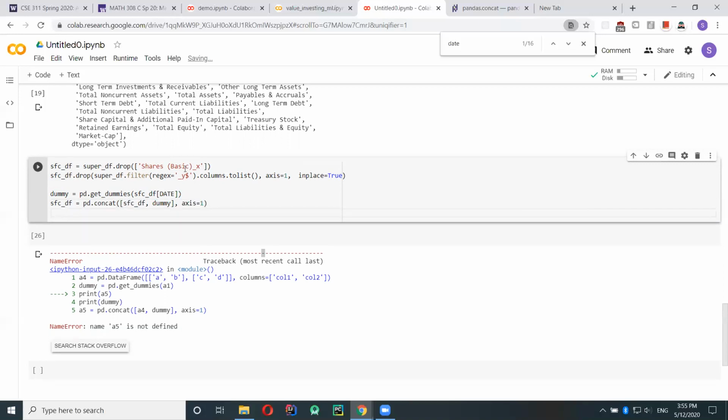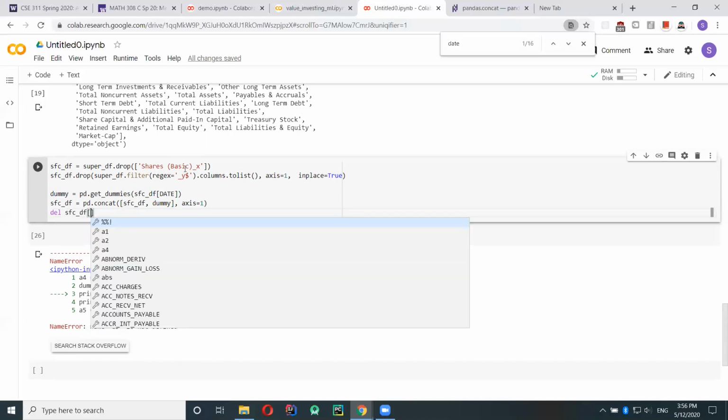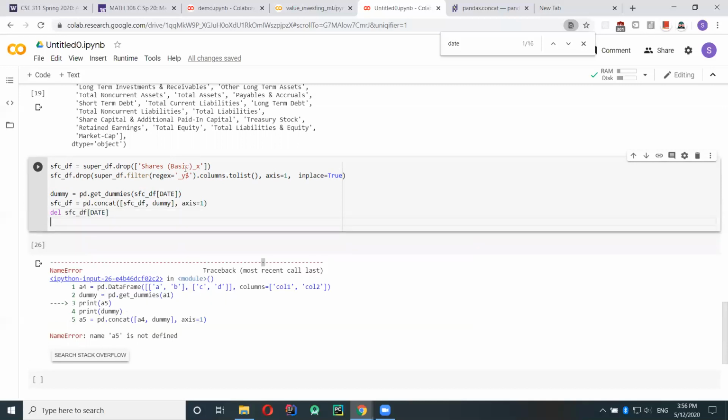Now we have to delete the old date column, because we have already encoded it for the dummy variables.